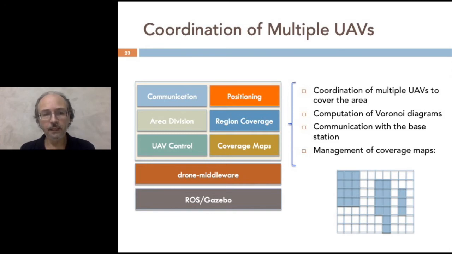In particular, in this layer, we have implemented a component called coverage maps, which are representations of the grid. Coverage maps represent which cells have already been visited and which cells have not been visited yet, and this information can be used to coordinate the actions of the